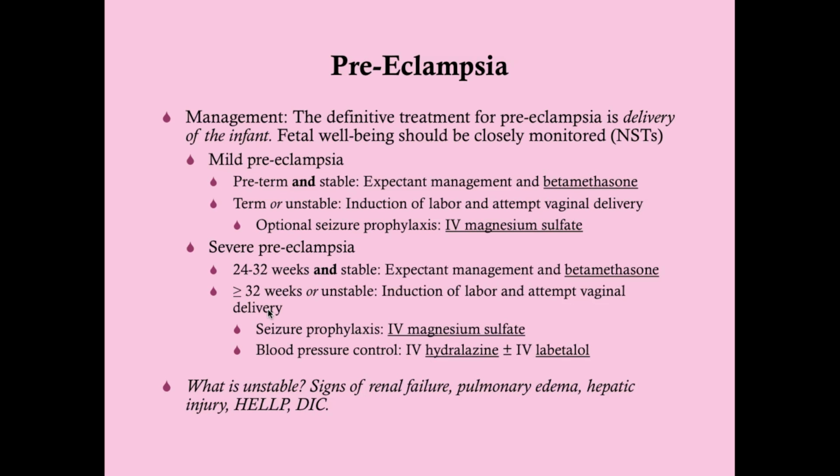Now, with severe preeclampsia, you must give magnesium sulfate, seizure prophylaxis, because those patients are at significant risk to become full-blown eclamptic. So we give seizure prophylaxis with magnesium sulfate. You're going to give, I believe it's a 4 gram bolus, and then 2 grams per hour after that. Don't quote me on that. I'm not good at memorizing dosages.